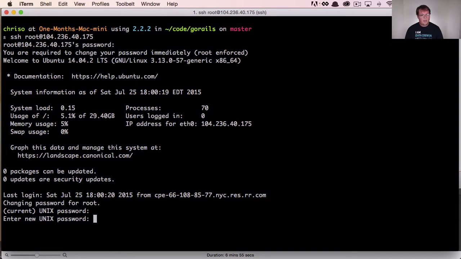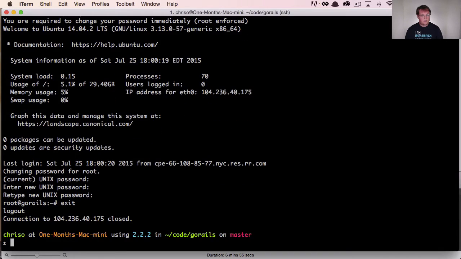As soon as you log in, you're going to need to type in your password one more time, and it's going to prompt you to put in a new password. So we'll put in a new one here. And this is your root user password. The root user is the one that really owns everything about the server. They're the admin for your Linux machine. Now if we type exit,